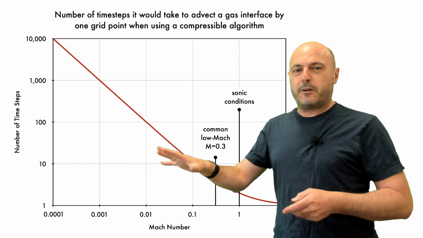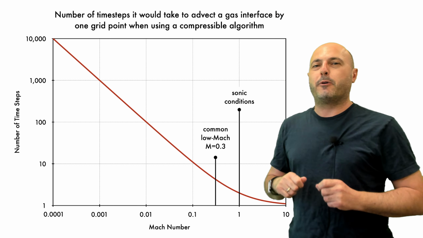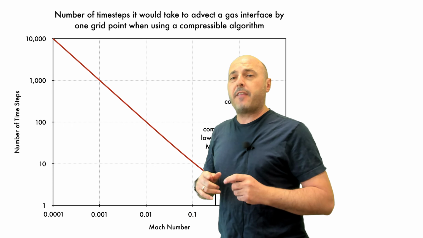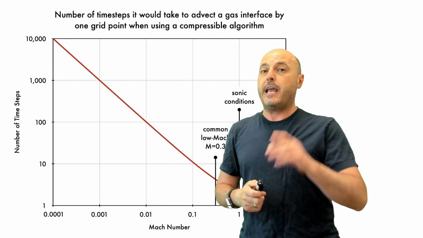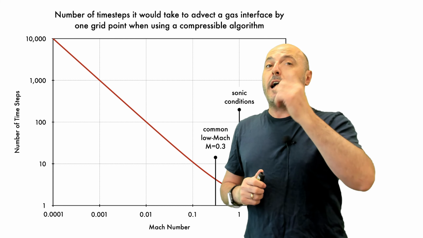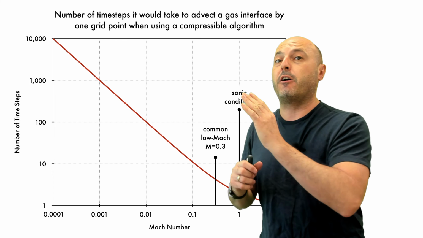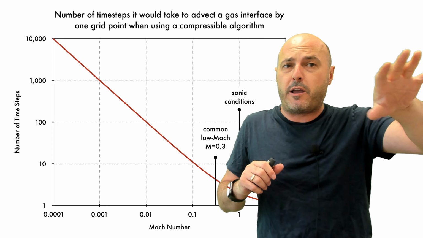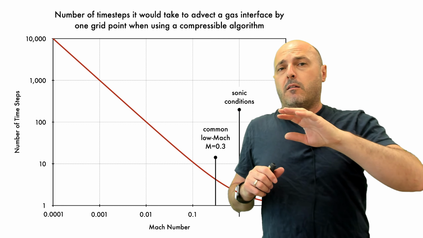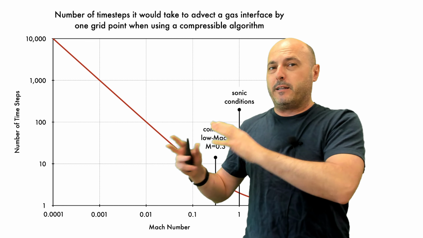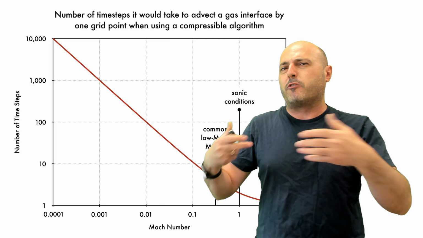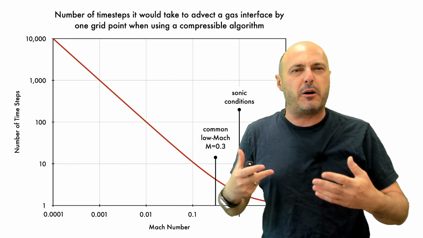Okay. I want to spend a minute on this graph. It took us quite a bit of math to get this graph, but what I'm showing here on the y-axis is the number of time steps it would take to advect the fluid front, the vortex, not the acoustic waves. Remember, we're moving at the acoustic wave speed because they're the fastest, right? But I'm interested in the fluid. I'm interested in that vortex, how it's moving. Remember, because of the flows we're interested in, sound waves don't affect the fluid, that vortex, that much, right?